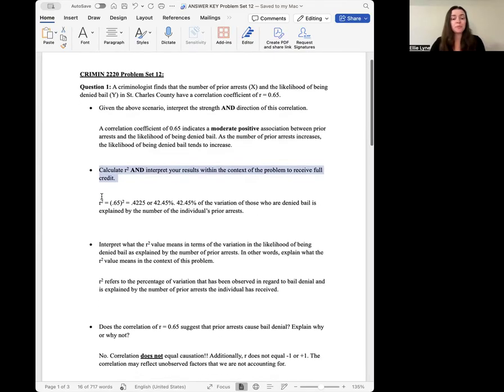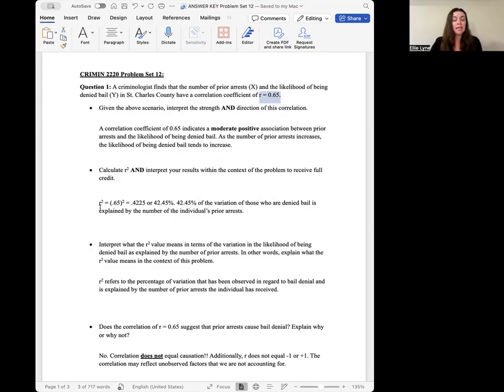And so let's move on to bullet point number 2. Calculate R squared and interpret your results within the context of the problem to receive full credit. Okay, starting off with R squared. All that we have to do here is take our R value that was already given to us in question number 1 and square it. So that's just multiplying it by itself. So you should get a value of 0.4225. Or if you were to convert that into a percentage, we know we can just multiply that quickly by 100 to get